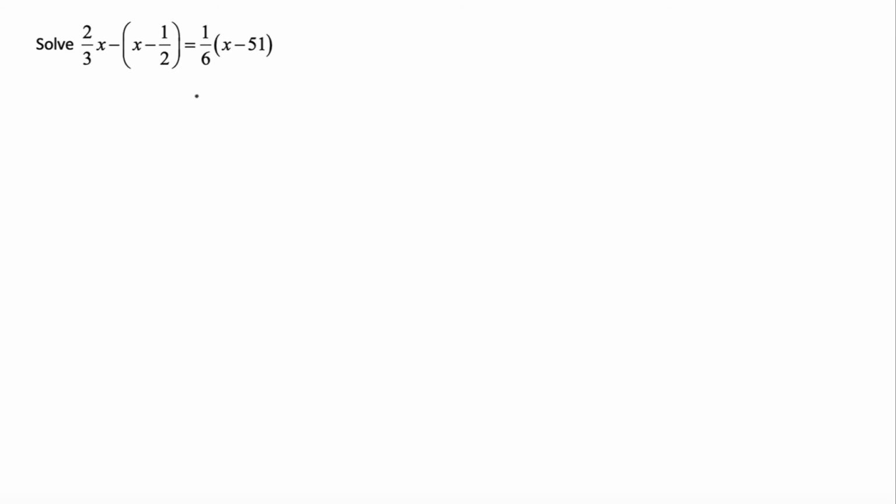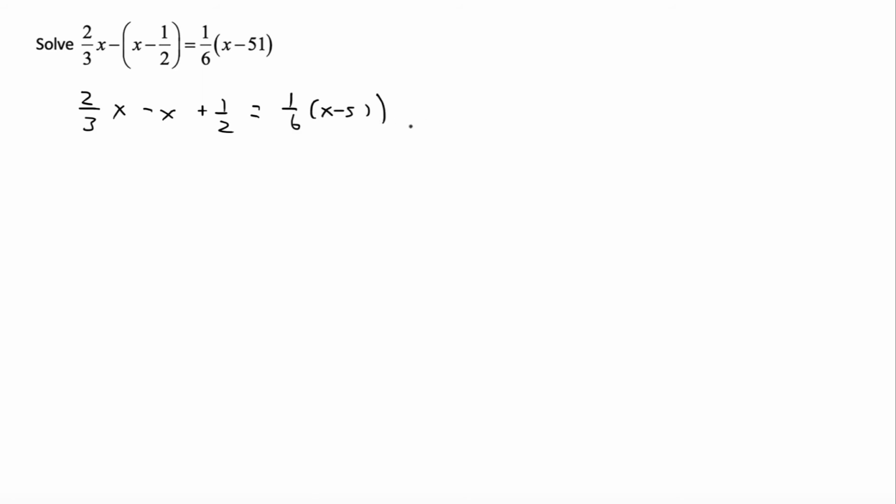So probably the first thing we want to do is cancel out or get rid of these fractions. Now we also see here, in this parentheses, there's actually no number in front. There's a negative though, right? So let's go ahead and distribute that through. It's not really going to change things that much, okay? So we get 2/3 x minus x plus 1/2 is equal to 1 over 6 times x minus 51,